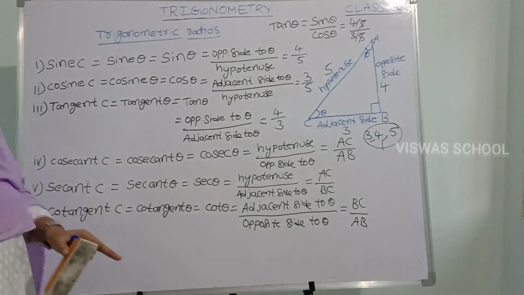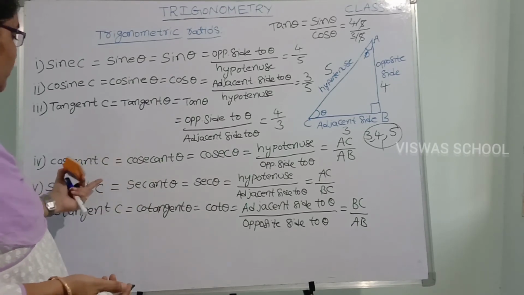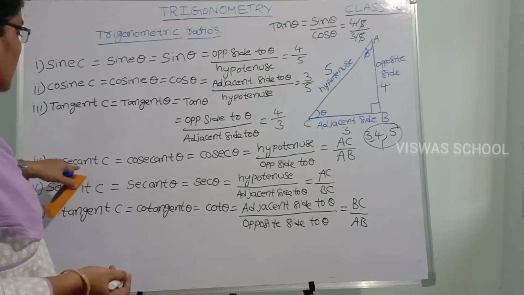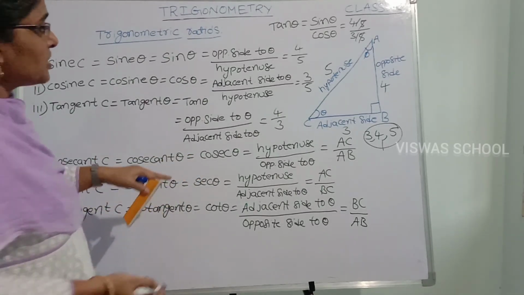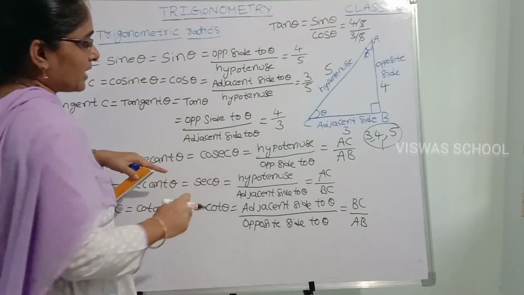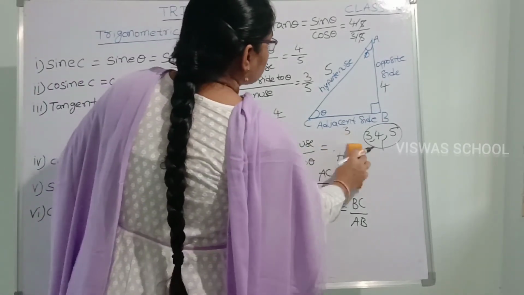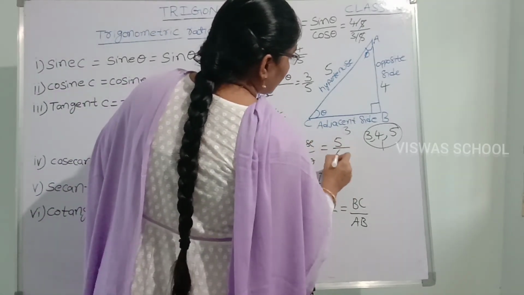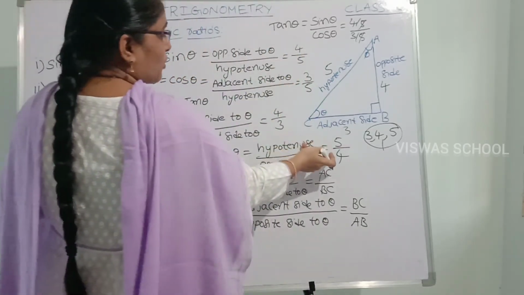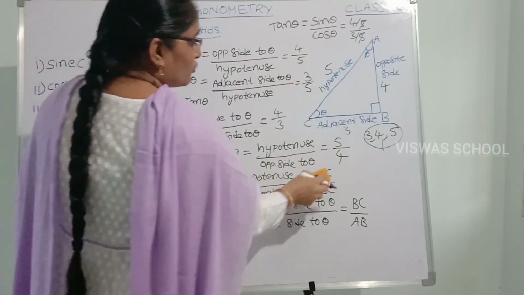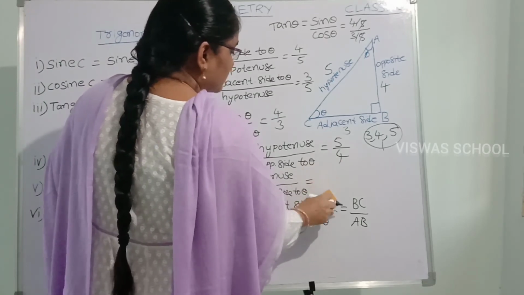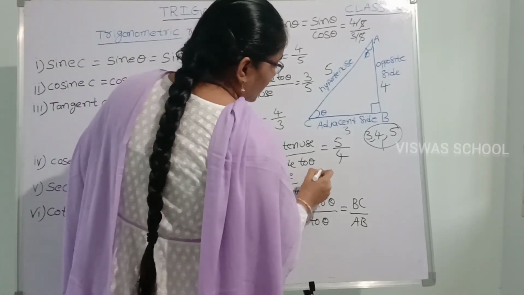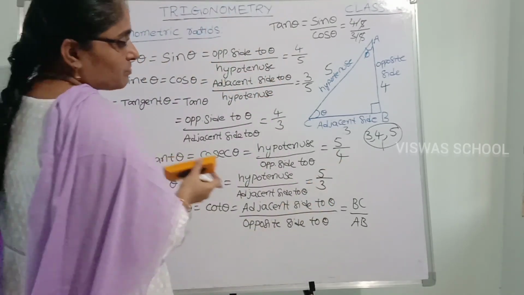In the same way, if you know the sin theta and cos theta, then you can find cosecant theta, secant theta, tan theta and cot theta values also. Now simply here, what is cosec theta here? This is the reciprocal of sin. Then cosecant theta value is what here? 5 by 4. This is 4 by 5. The reciprocal of 4 by 5 is what? 5 by 4. And next one is what? Sec. That is sec theta value is what? This is 3 by 5. And its reciprocal is what? 5 by 3.